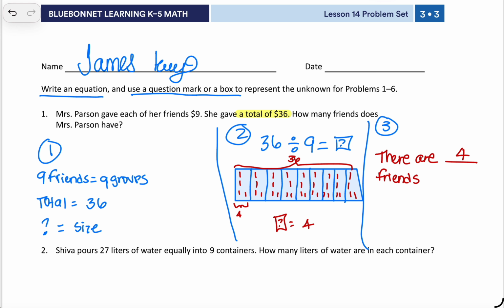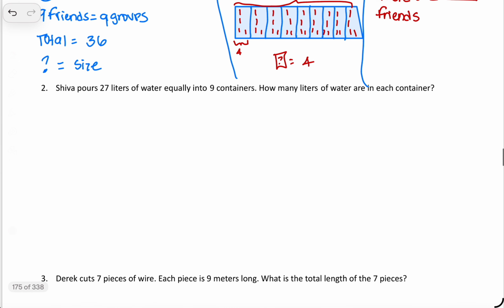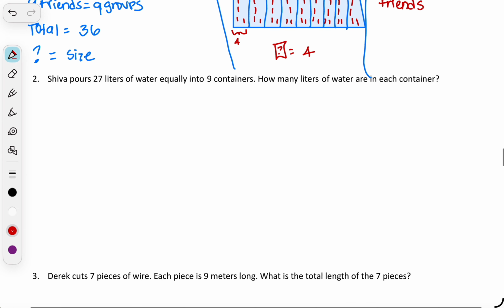As you can look, I have step 1 is to identify what we have, what we know, what's important, what are we looking for. And then step 2 will be my equation and my model. And then step 3 will be my solution statement. So let's go ahead and start this off with question 2. Okay. So question 2 states,